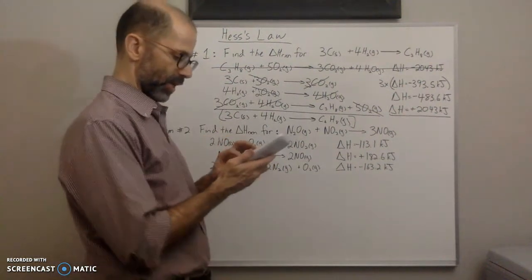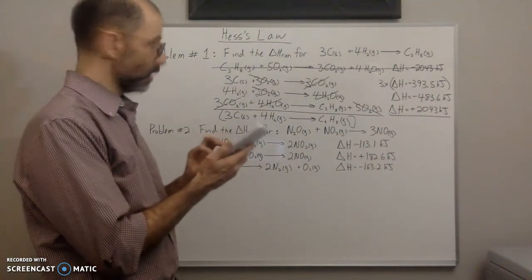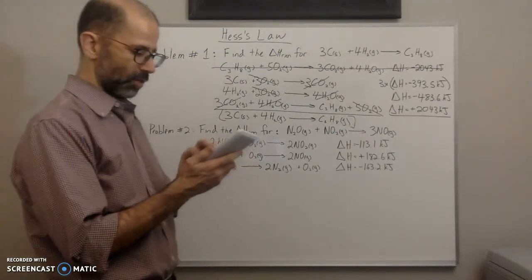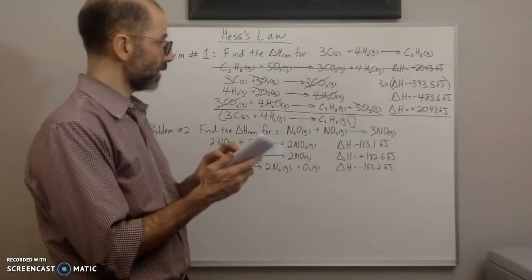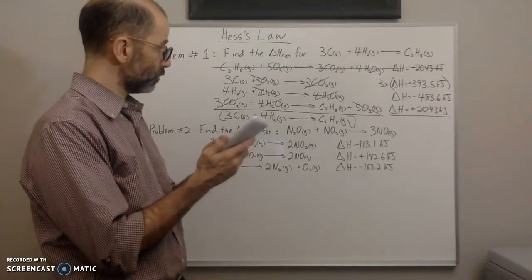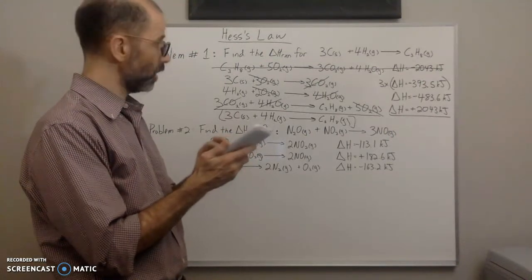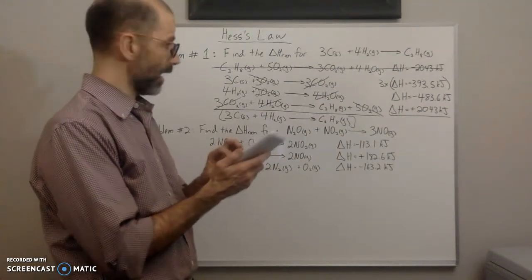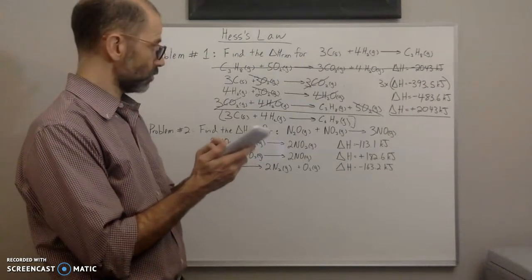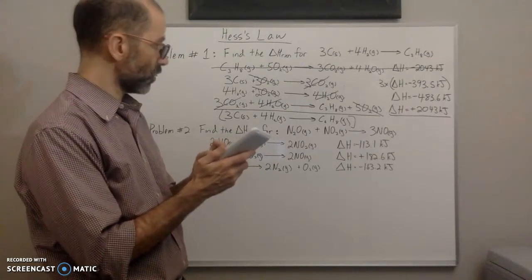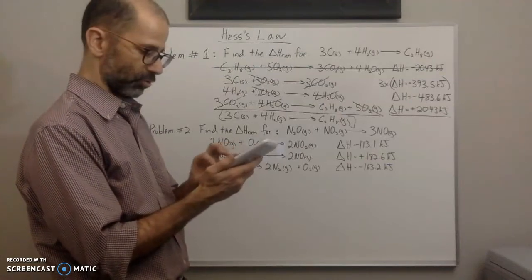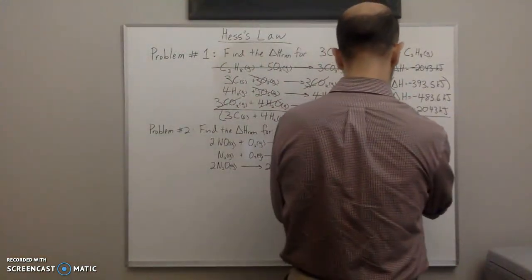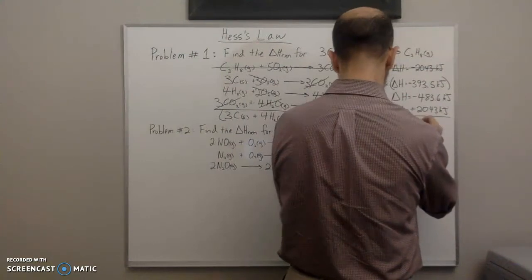We're going to take 3 times negative 393.5 equals, and we're going to add to that negative 483.6 equals, and then we're going to add to that 2043 kilojoules, and that's going to equal, and our answer is that this is going to give our delta H is equal to a positive